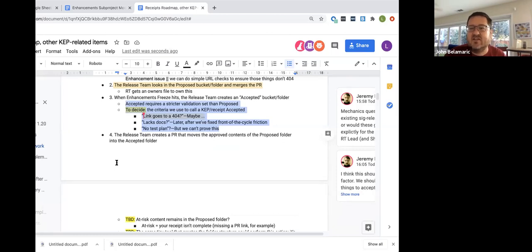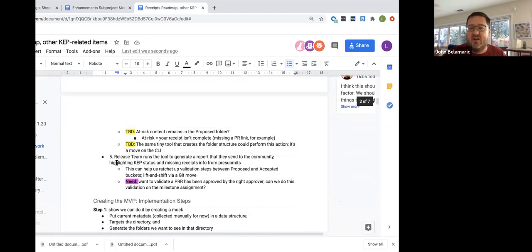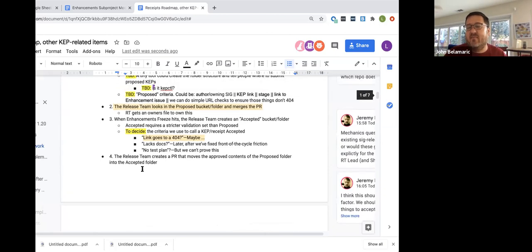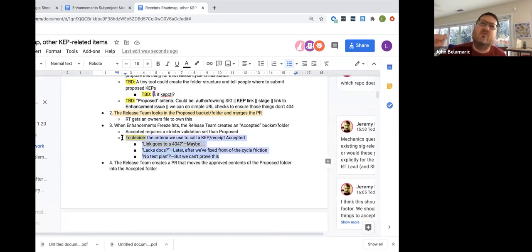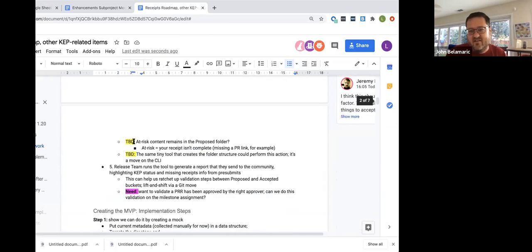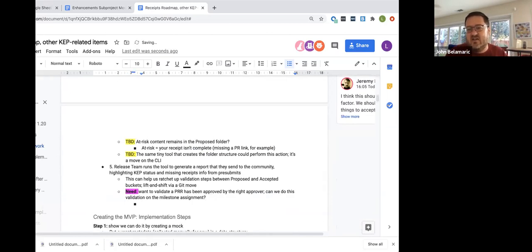So if the PRR team has to review the PRR and approve it, right now what happens is they put it in the KEP template, and if David Eads goes and approves it, I don't think he's root level, but he's very high up in the hierarchy. It might approve the whole KEP, which isn't what we want. So we're trying to tease apart, how do we just approve the PRR? How do we make sure that it's somebody from our team that does just the approval of the PRR? And how do we ensure that as the KEP moves through these gates, we're triggered to do a PRR review?